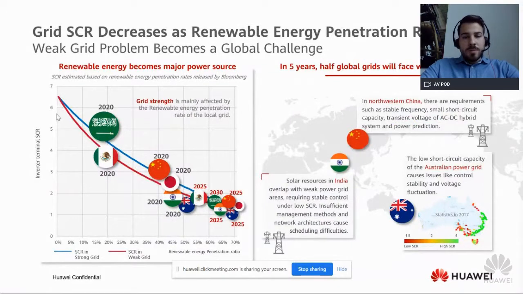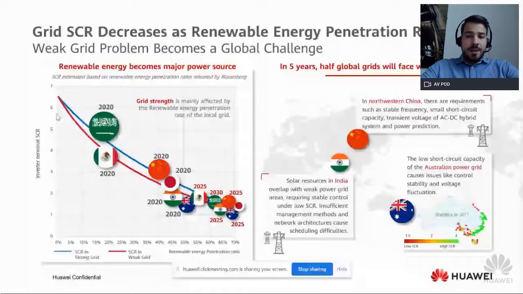So one of our main concerns as a market player who oversees the whole world, and then sees what the trend is and what the concern is coming from grid operators, is that there is a so-called weak grid, which may cause problems in the long term if the PV penetration becomes too high. This is the reason why we think this will be one of the driving points of the PV segment